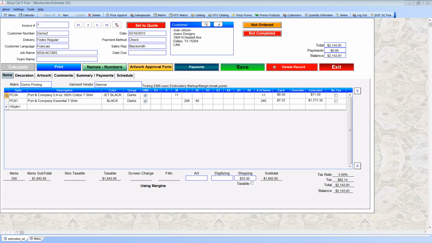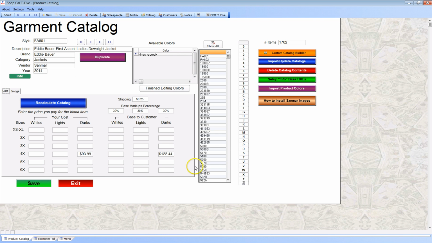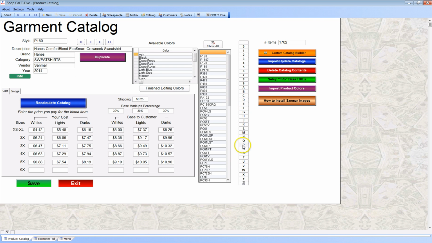Alright, this is part 4 of the video series for T5 version 5.20. And we're now going to go back to the menu here and go over a few things that are changing in the garment catalog. When you come to the garment catalog, let me just come down here and get like a PC61. For those of you that used Quick Quote, either 3.2 or 4.0, in that we used to have the